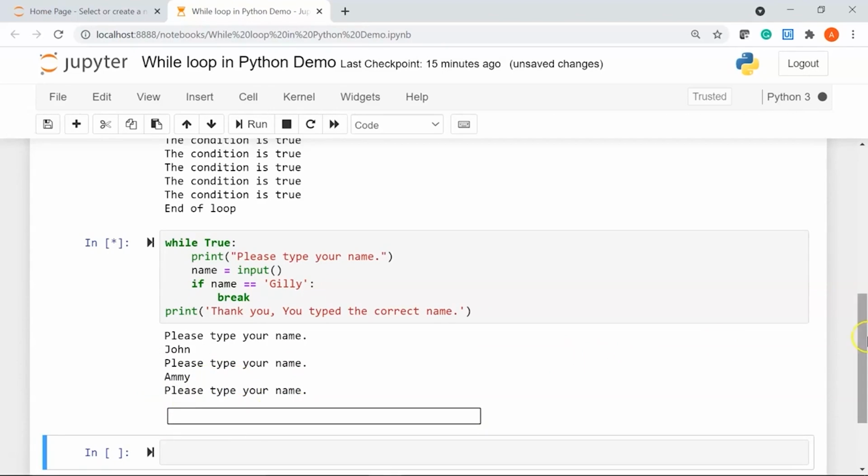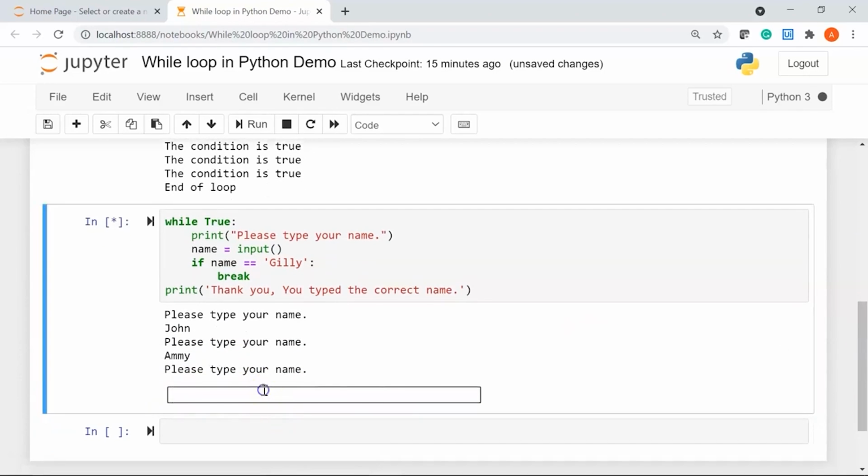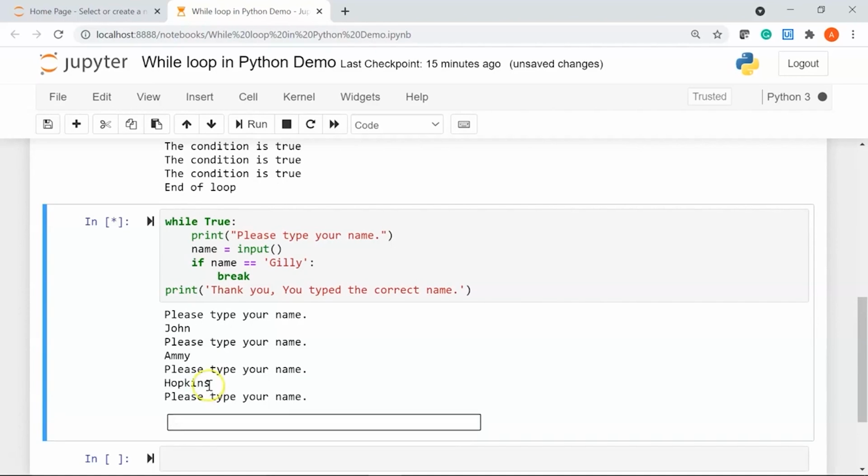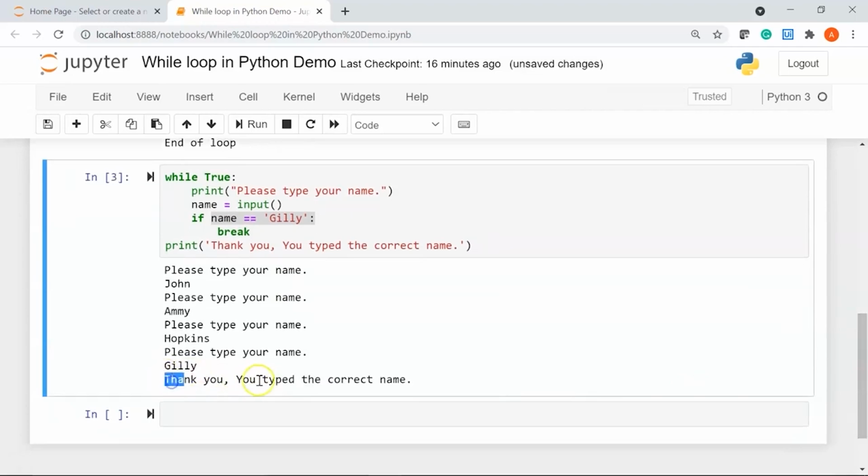You can see here it is again asking for the name, so I'll enter my name, let's say Hopkins. Again, our entered username doesn't match the name that we have provided in the code. Let's say this time I'll say Gilly. If I hit enter, you can see we have our message, thank you, you typed the correct name. Okay.